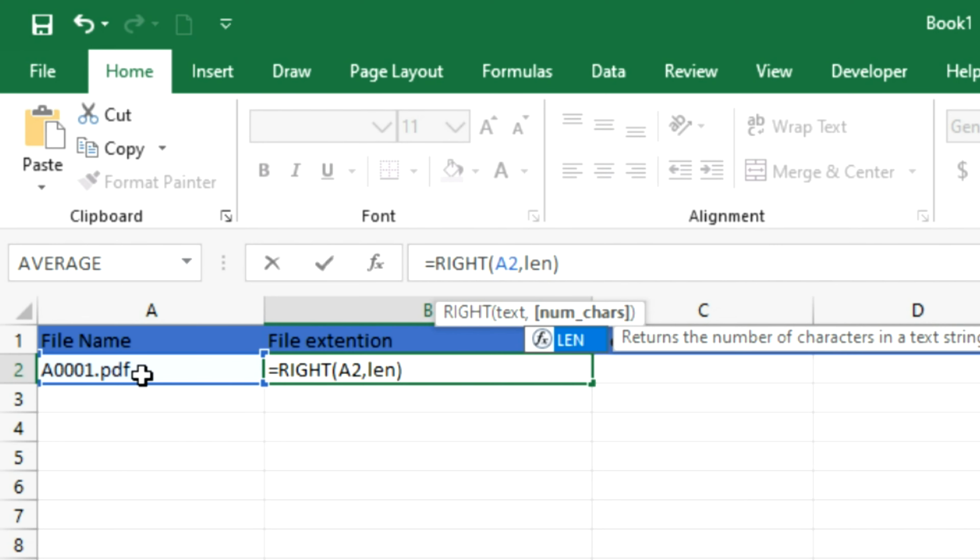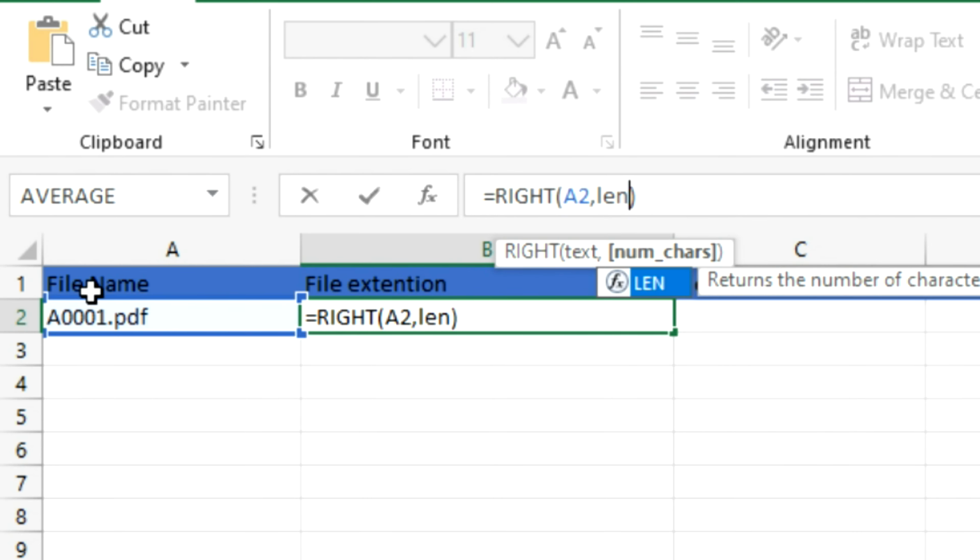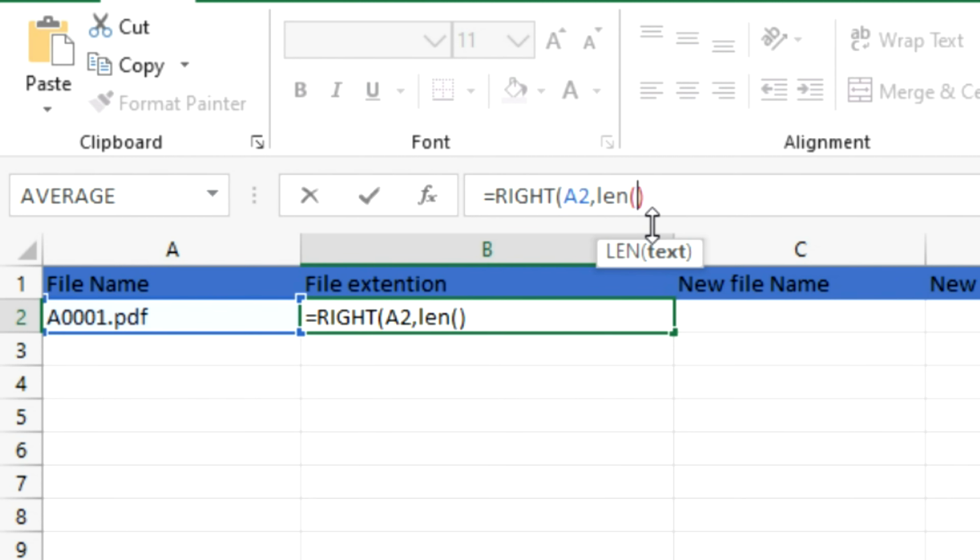LEN calculates all the characters in this string. So we just want to calculate the number of characters in this string, then we subtract the number of characters from the left end up to the dot. And we are going to use this formula, LEN A2